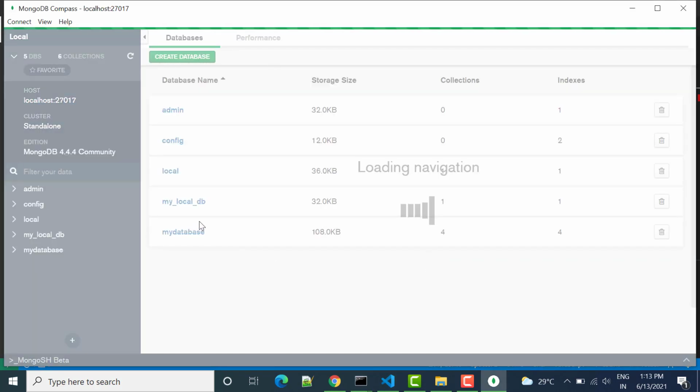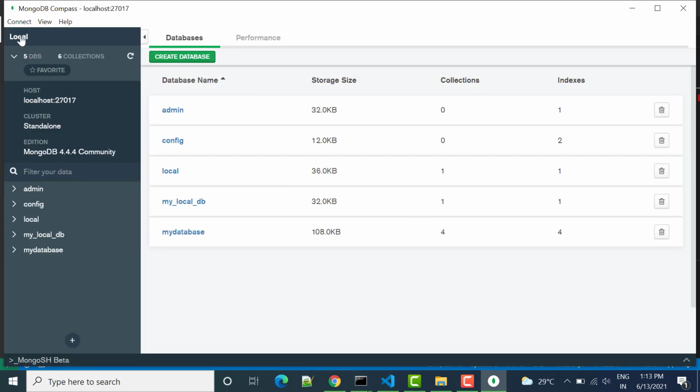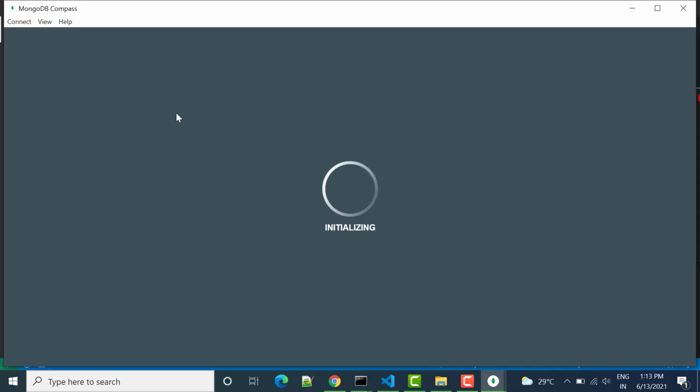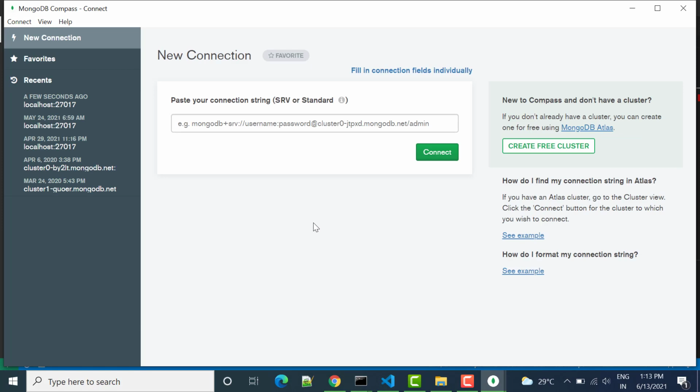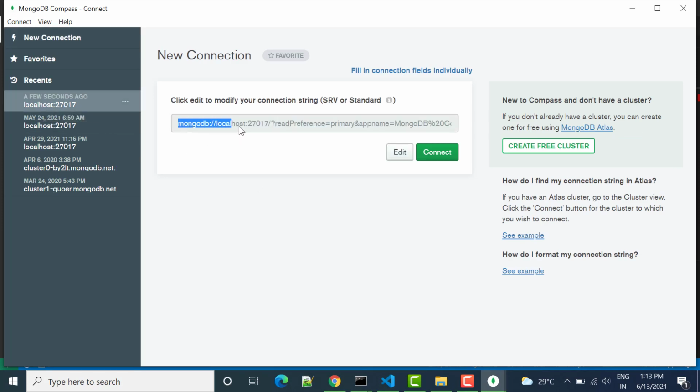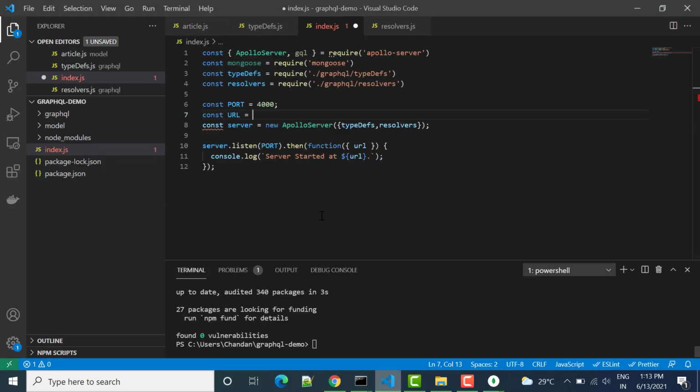Now you can see your MongoDB is connected, and if you click connect again, it will initialize and you will get the localhost and port number. A few seconds ago, and now you can see we have the MongoDB localhost and port number. We will use this in our code.